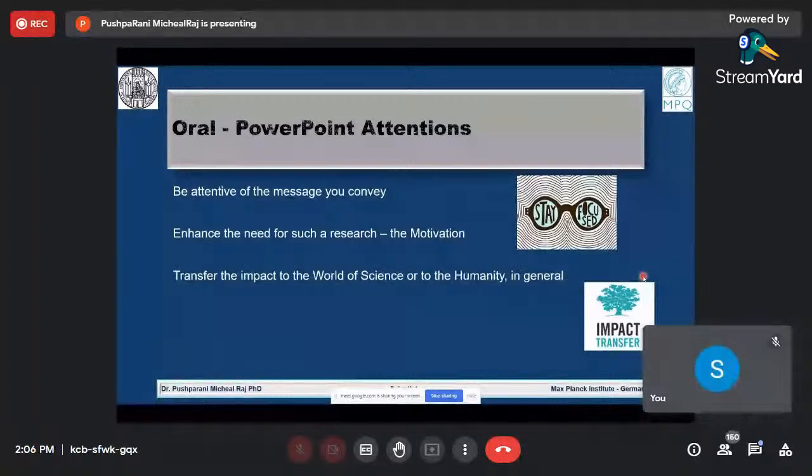Mathematicians, statisticians, medical doctors, chemists, biochemists, molecular biologists, every one of us in my group are working together for a common goal. So we are not like, you're a medical doctor, you're a biochemist, you are not relevant to my topic because I'm a physicist. It's not true anymore. We collaborate. So try to transfer the impact. Try to make the other person at the other end receive your message. There is some input from the audience that would enhance your research, as simple as that.